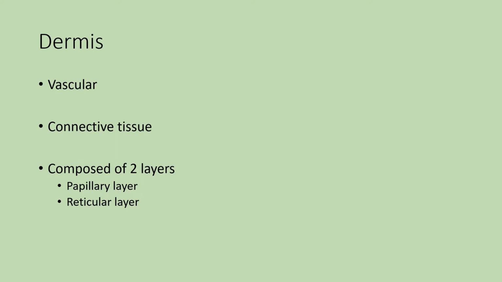The dermis, which is found beneath the epidermis, is vascular. This contains connective tissue, and it's divided into 2 layers, the papillary layer and the reticular layer. Because it is vascular, not that this necessarily is a huge thing, but just FYI, we've all gotten paper cuts. So let's say you get a paper cut. You know how sometimes it bleeds and sometimes it doesn't? I don't know if you've ever wondered, why is it not bleeding? Not that you want it to, but